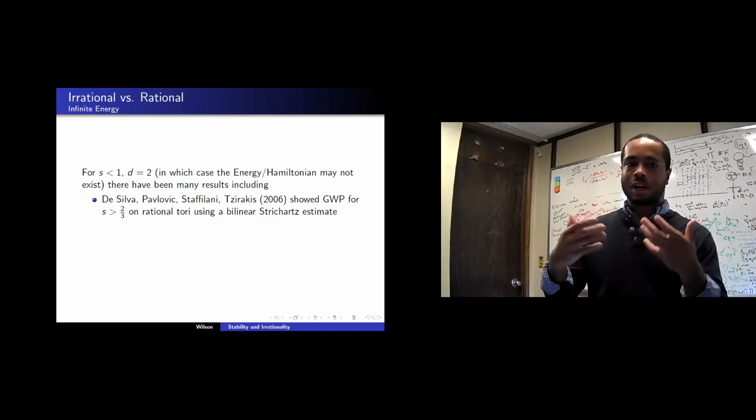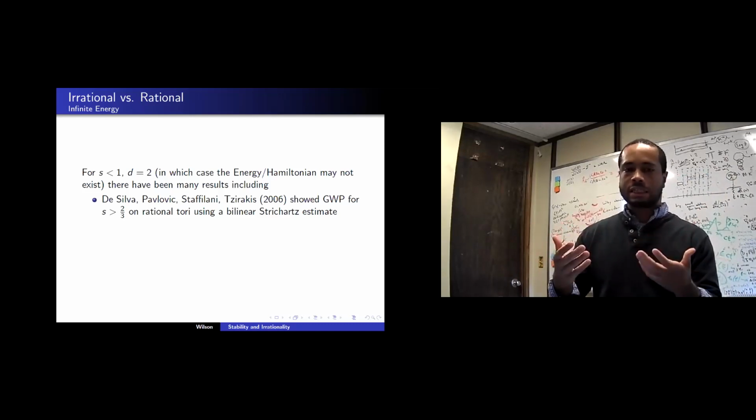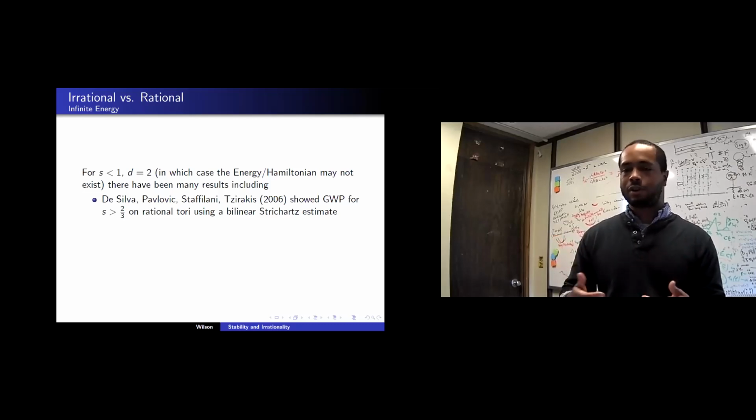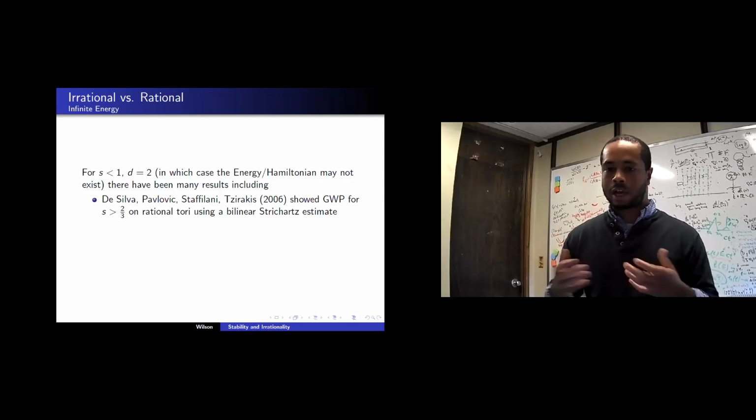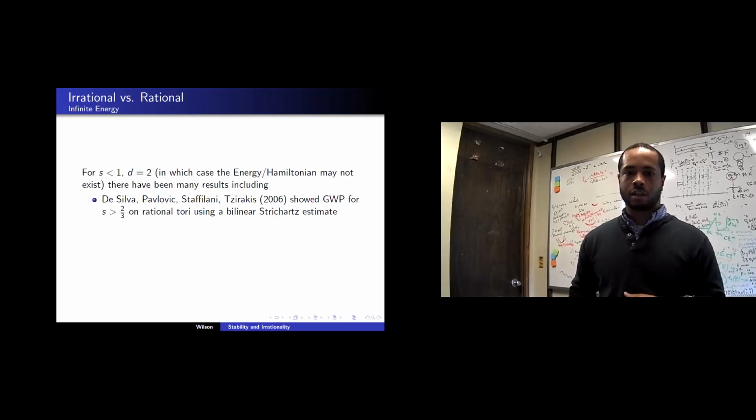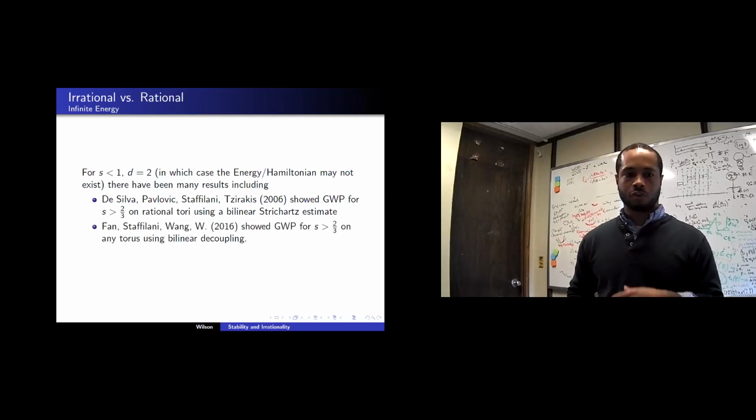It's a program of finding essentially what's the least amount of regularity that's necessary to have global well-postedness, or have an actual unique existence of a solution for a Schrodinger equation. Okay, but